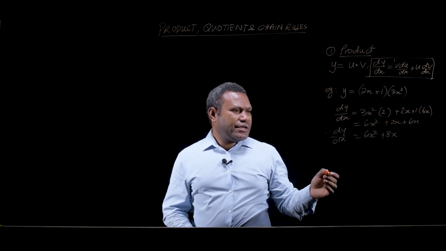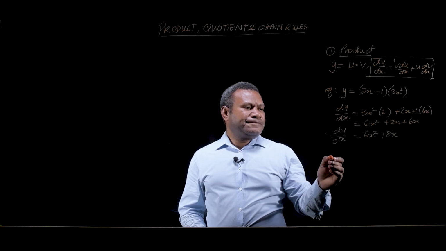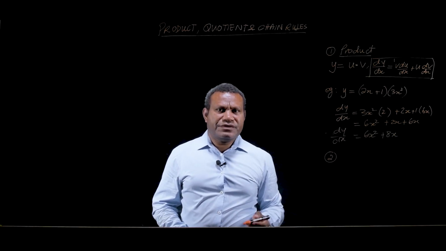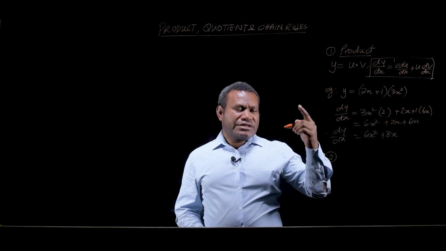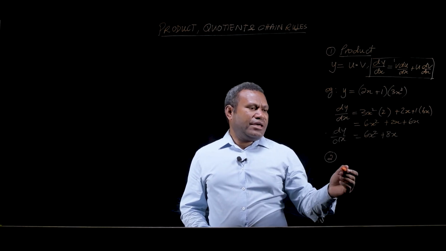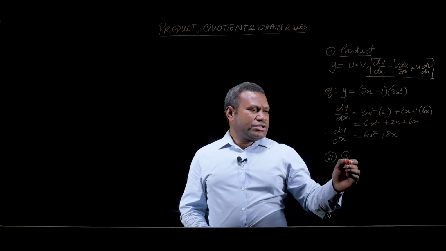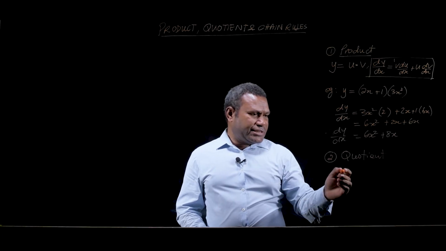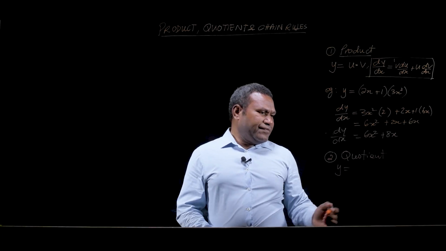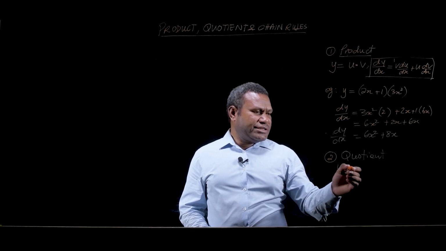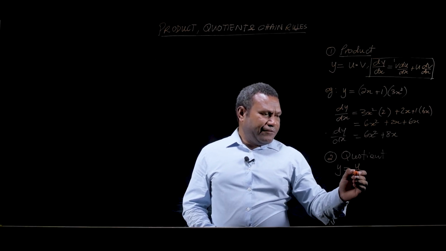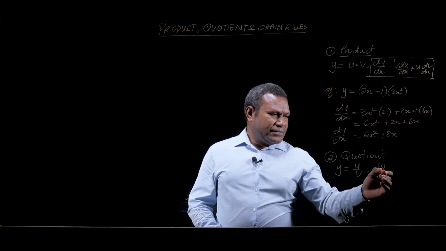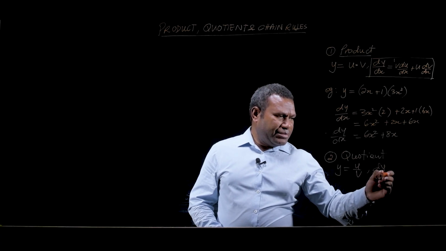Right, now we look at the second rule, the quotient rule. We know quotient is the answer to division. So when you see a fraction, then that is a quotient. So the quotient rule is this: if a function is of this form, y is equal to u divided by v, then the derivative dy over dx will be given by